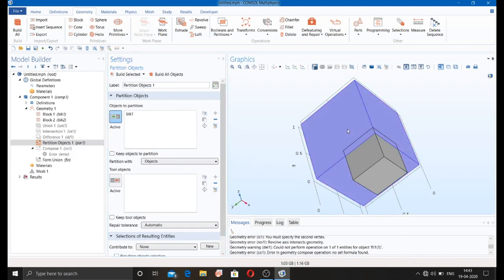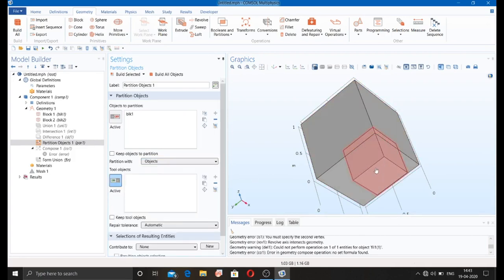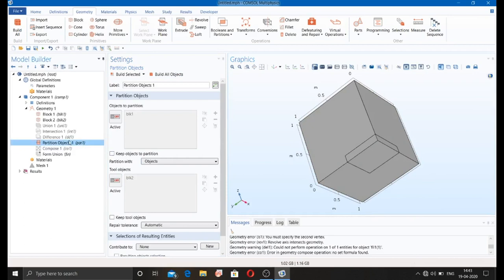So this object is going to be partitioned by doing this, not work plane. This is the object, and I'm going to select, and here you can see that this is the partition object.